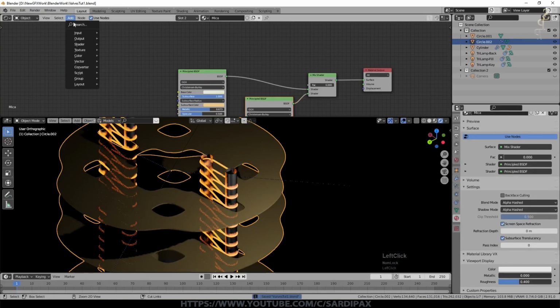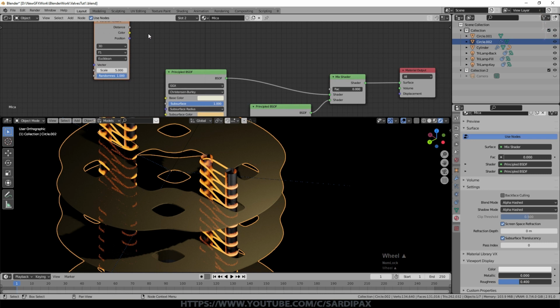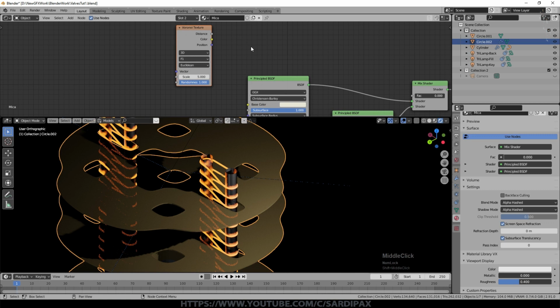Now I'm going to add a texture, which is Voronoi texture. So this is just a generated pattern. You notice I haven't bothered unwrapping anything, and it's not really necessary so far. I set it to 4D. Essentially all 4D does is just give you an extra dimension of variation. I left the scale at default.